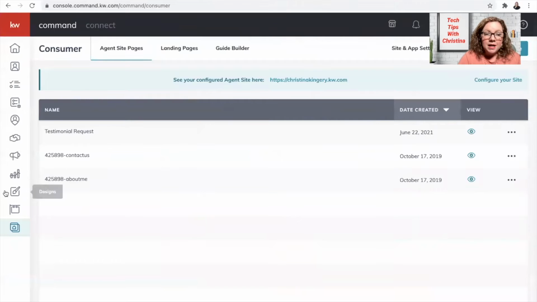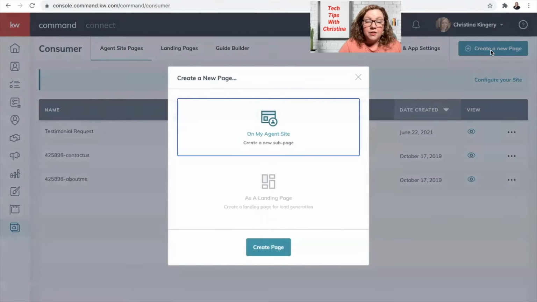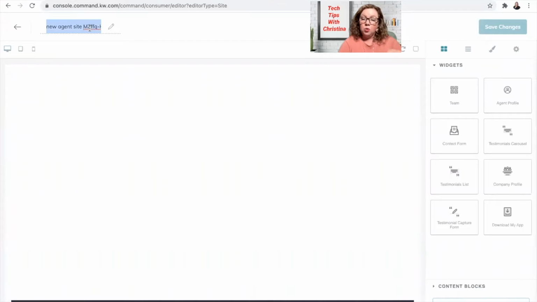And when you're in Command, you're going to go to Consumer at the bottom left here. And once you're here, you're going to click on the blue Create a New Page button at the top right. And then make sure you leave it on My Agent Site here. Okay. Create page. First thing to do is to rename this page so that way you can easily find it later when you're making an active page on your website. So I'm going to rename this